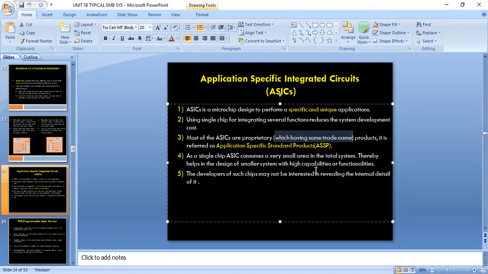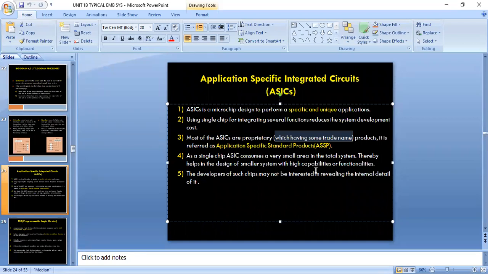capabilities and functionalities. See guys, suppose in this particular subject some complex question is asked in your examination, write about ASIC. If you remember some points regarding cost of the ASIC, size of the ASIC, complexity, power consumption, price, all these points, you can generalize it. You can write it for DSP. You can write those points for PLDs. Anywhere you can write that.